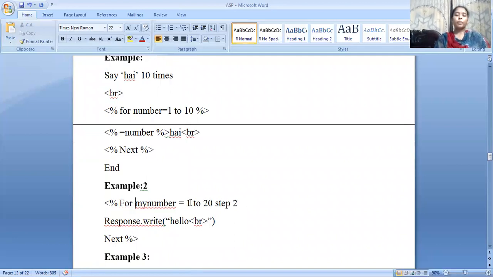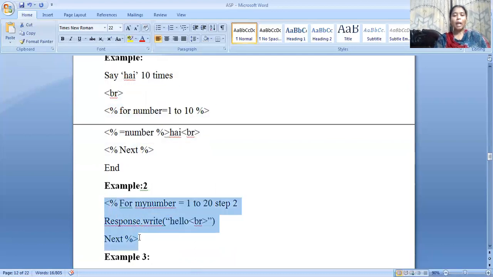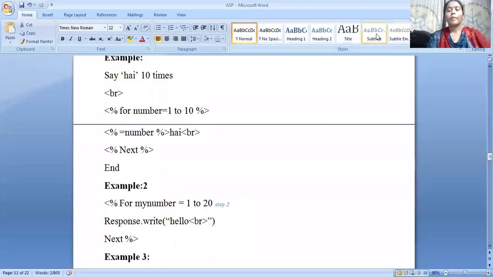Next is another example for for. For 1 to 20, here in this example 1 to 10, but no step. Here there is a step 2, saying that the loop should jump every 2 numbers. In this program high is displayed 10 times, and even in this program high is displayed 10 times, since it is moving from 1 to 20 and jumping every 2 steps.